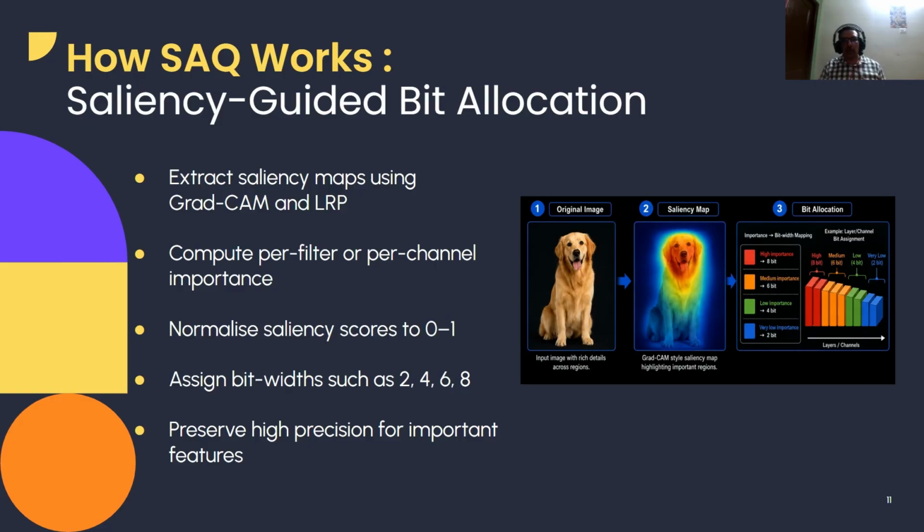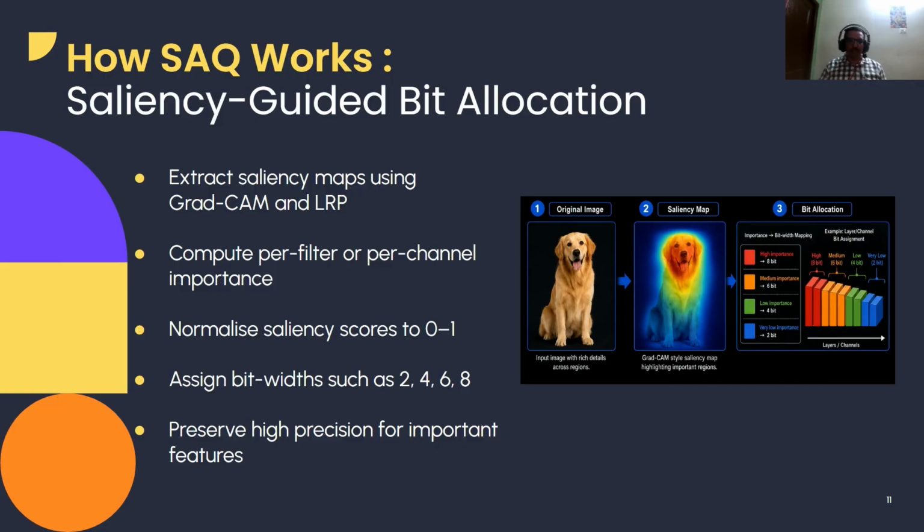Next, we apply a rule-based mapping strategy to assign the bit widths such as 2, 4, 6, or 8 bits. This is essentially a form of adaptive mixed precision quantization where the high saliency components receive the high precision and the low saliency components are compressed more aggressively. Unlike traditional methods that rely mainly on numerical sensitivity and weight statistics, this approach directly incorporates the semantic importance into